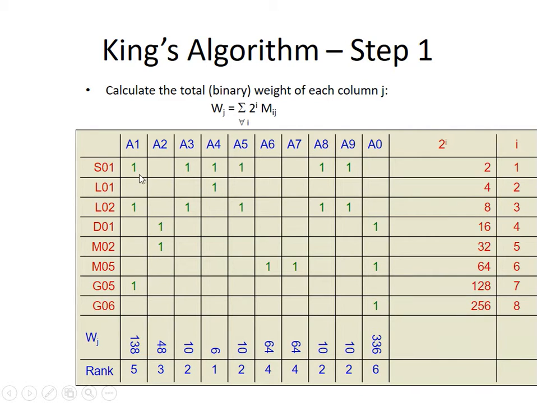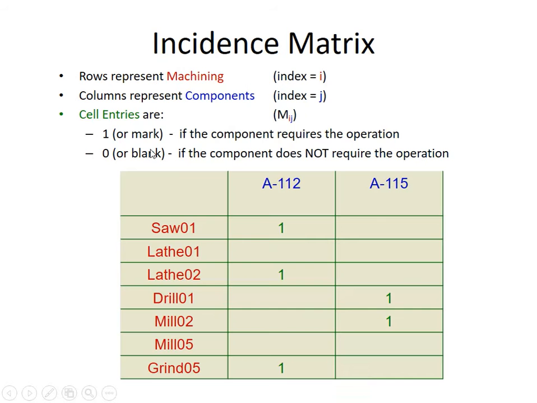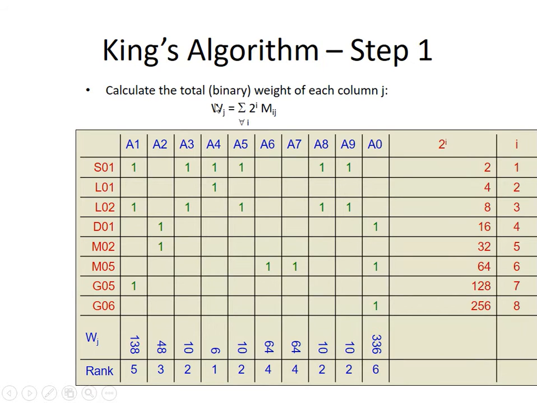Mij is the cell entries. As you can see, we won't consider the 0 values, which is why we have not taken any value here. But if it is 1, then we have to consider it, and multiply that value of Mij or Mji, whatever, the value will be 1, but it needs to be multiplied to get the binary value. So we do the multiplication for each individual row, because we are considering column j, we need to consider each row.